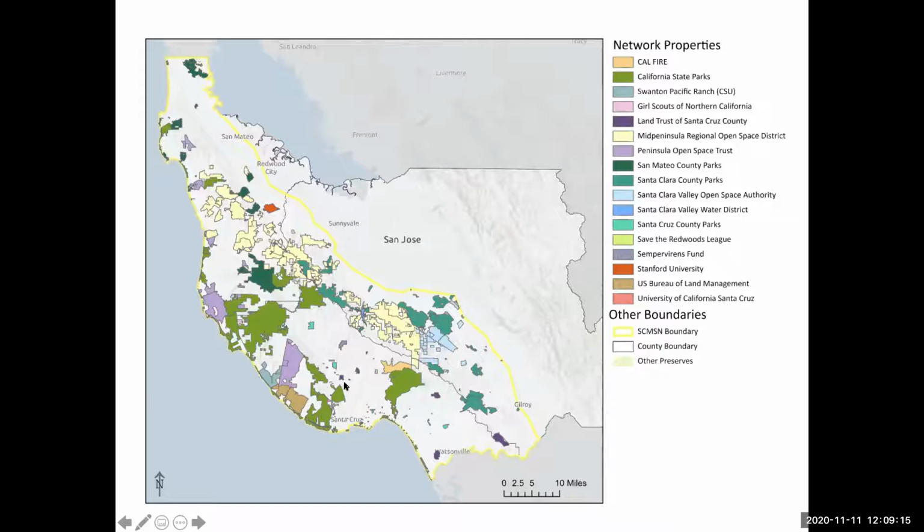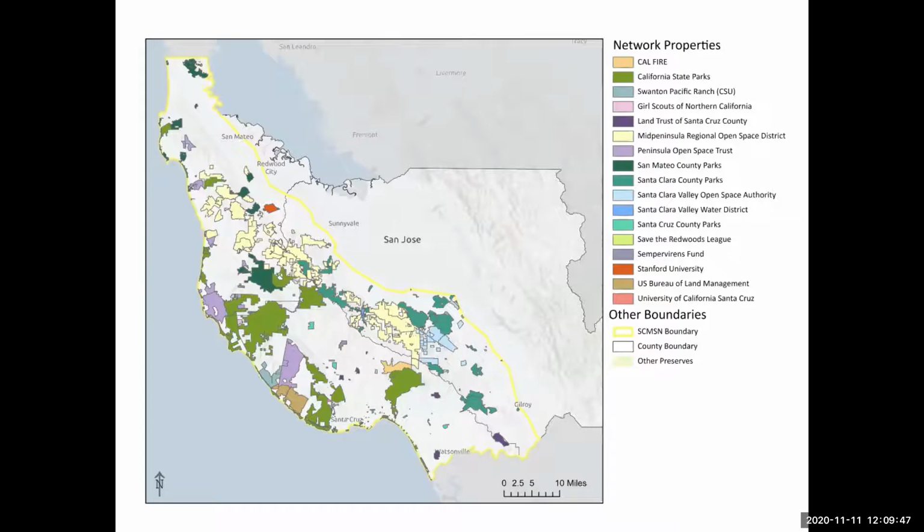And it's really the mountainous forested areas that are a part of our network. It's the Santa Cruz Mountains bioregion. On the right here, you can see a list of some of our members. They're the ones who own properties. And you can see the different properties outlined in different colors there. It's interesting because it's a kind of patchwork quilt of ownership, and it really speaks to the need for there to be a network for all these folks to work together and to think at a regional scale.